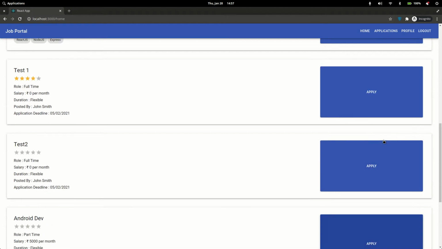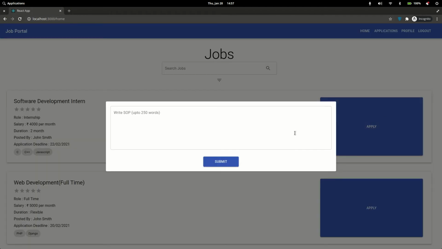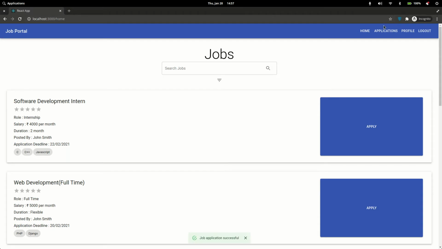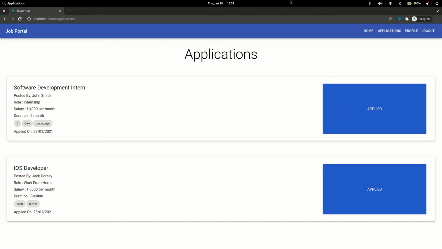I can apply for a software development intern job posted by someone else, another test demo, and let me save it. So now you can see there are two postings in my applications sorted on the basis of date of application. This got applied latest, this got applied before that.